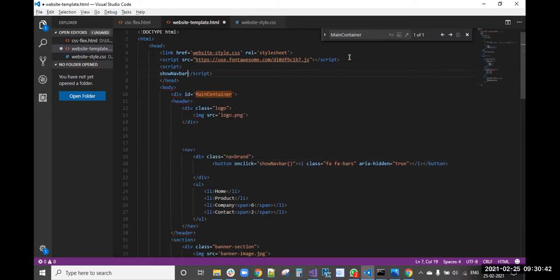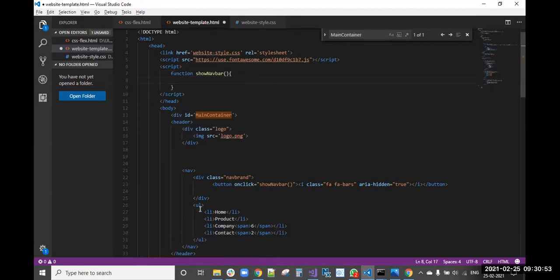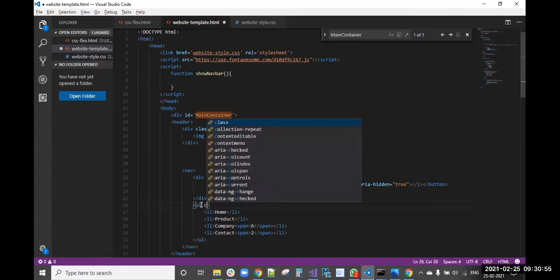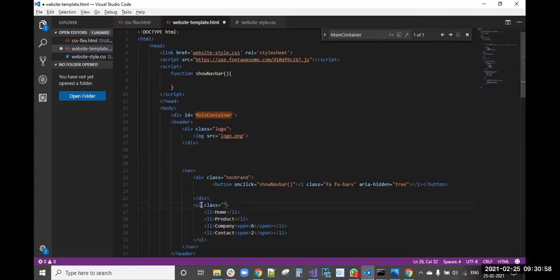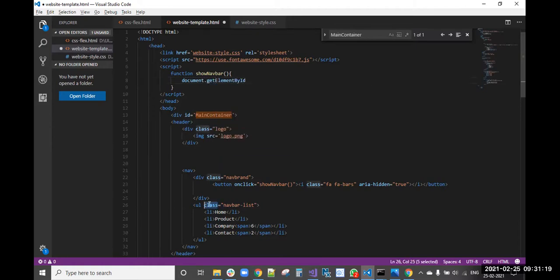Actually, this is JavaScript, guys, so don't get confused, I am just showing you that only. The ID we will give instead of that.